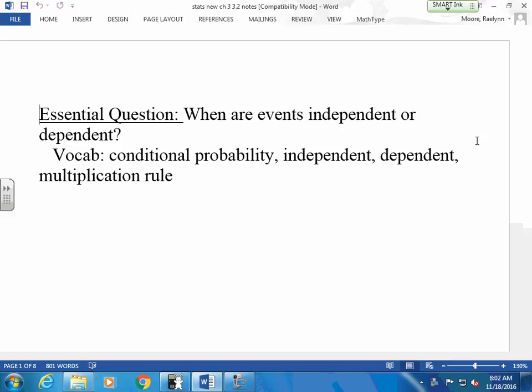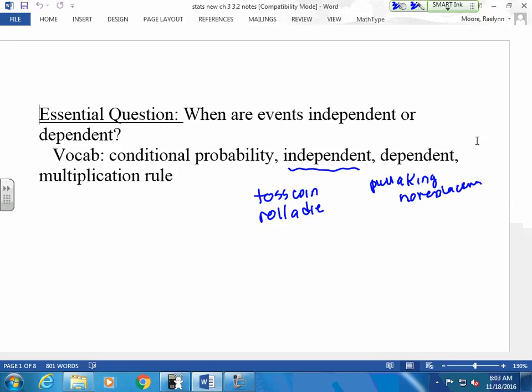So we look at two things. Most of the time, if it's independent, like if I toss a coin and then I roll a die, does tossing my coin have any effect on rolling my die? Those are two completely independent events. The second one is independent of the first one. A dependent event would be I pull a king, I keep it in my hand, no replacement, and now I go to pull another king.